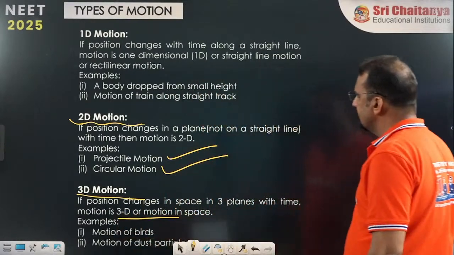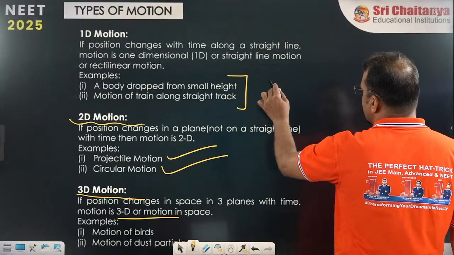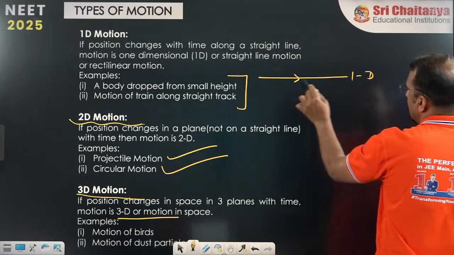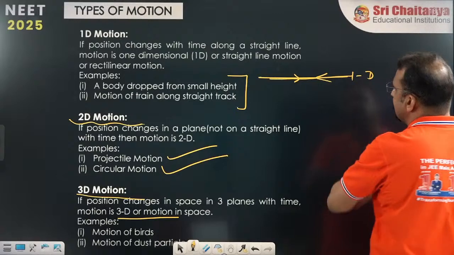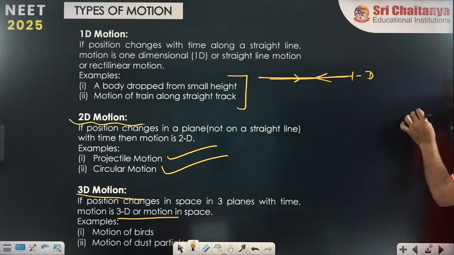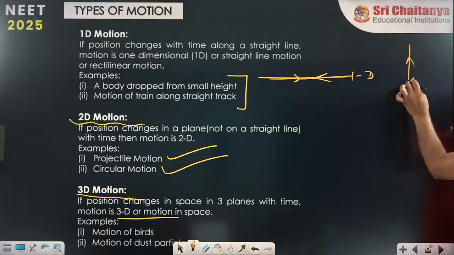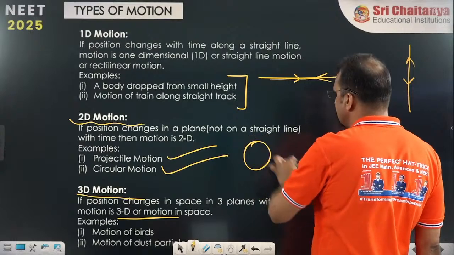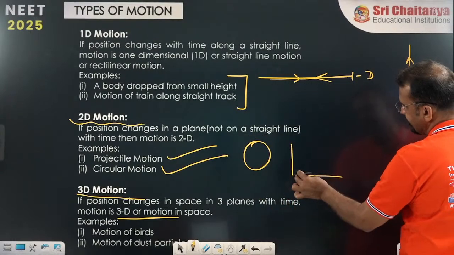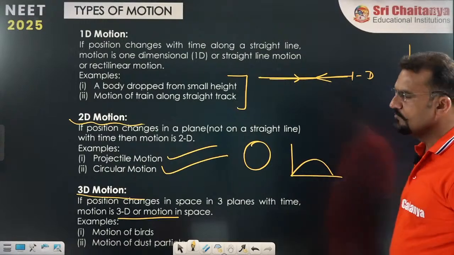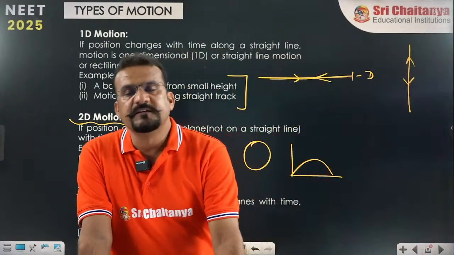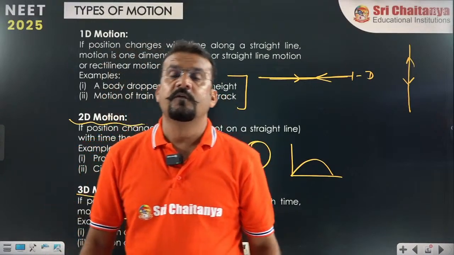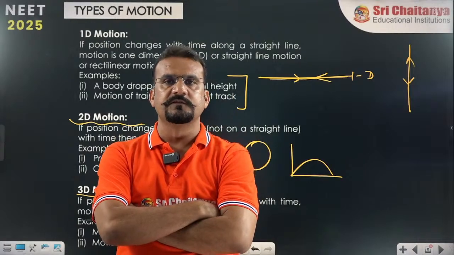This is 3D. Means to say, if someone asks you what you mean by 1D motion, if the body is moving in a straight line, this is 1D motion. Yes or no? If it is moving in a straight line and turning back, then also this is 1D motion. If a body is moving under gravity upward and coming down, this is also 1D motion. But if a body is moving in a circular path, this is 2D motion. If a body is moving like that, this is projectile motion. This is 2D motion. So you should remember what is 1D and what is 2D motion. And today we are going to discuss 1D motion, one-dimensional motion.